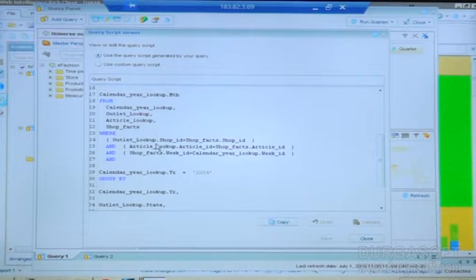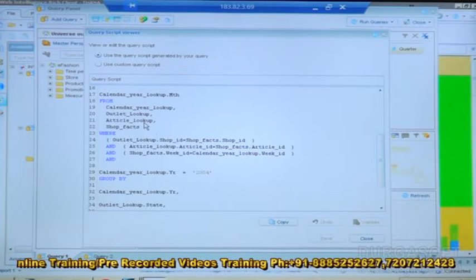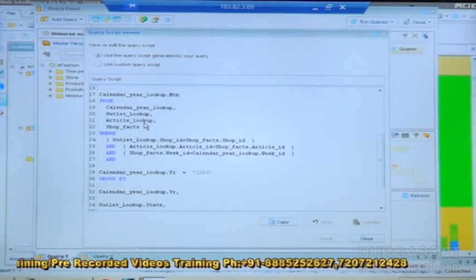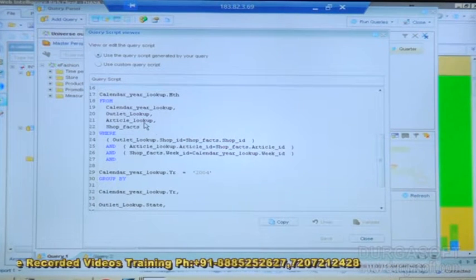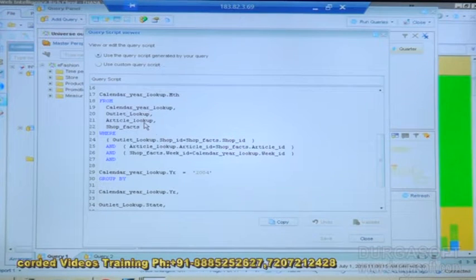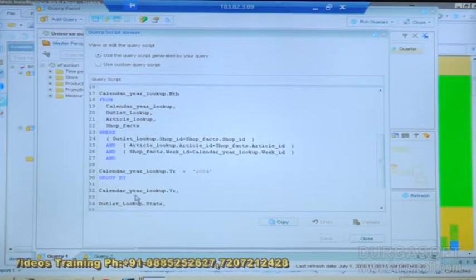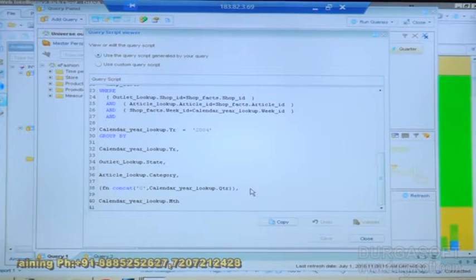So this query we have here takes from this value. It also takes the conditions where the lookup shop ID equals the shop ID of the fact table, as well as takes all the interaction section, and I make a group by. So a simple query will be carried out on the system.